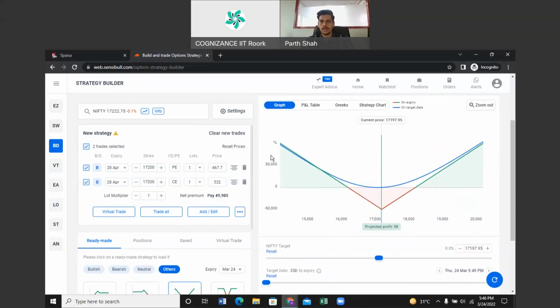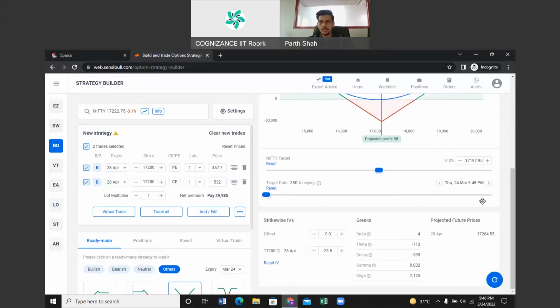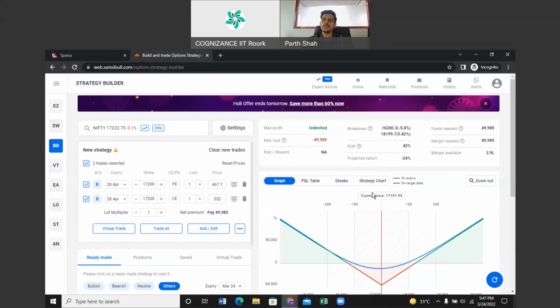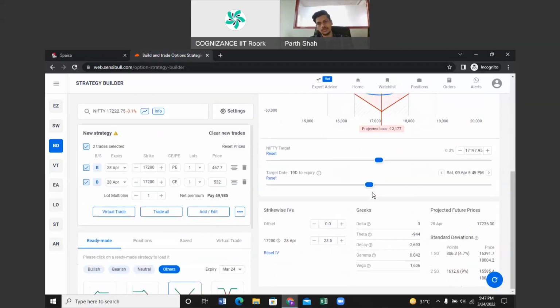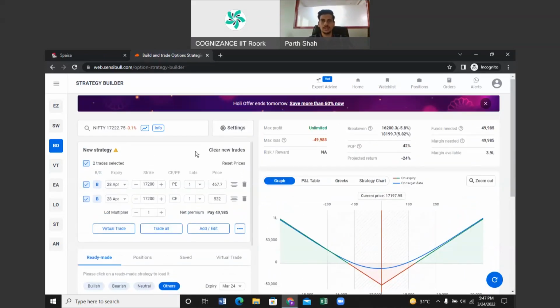And that's how this payoff graph as well you can see here. It gives you the target date to expiry, which is currently 35 days to expiry. As you get nearer to expiry, you will see the theta increasing day by day on the negative side. That is called time decay, where your option premium is decaying since the expiry is coming nearby. So there are multiple strategies with respect to the delta, time decay, everything. You have to get more into it to understand it.